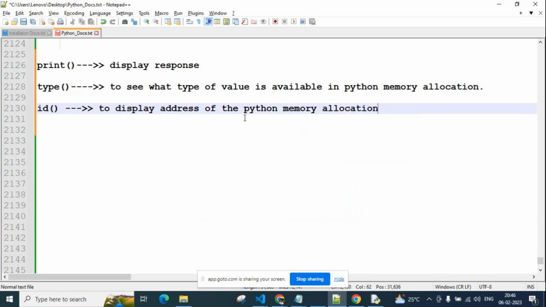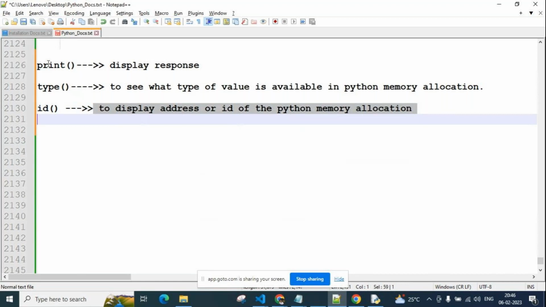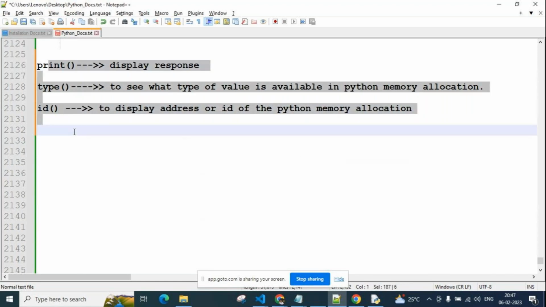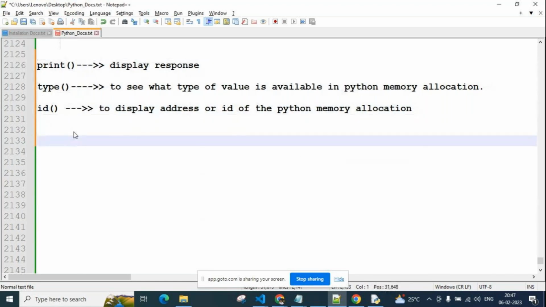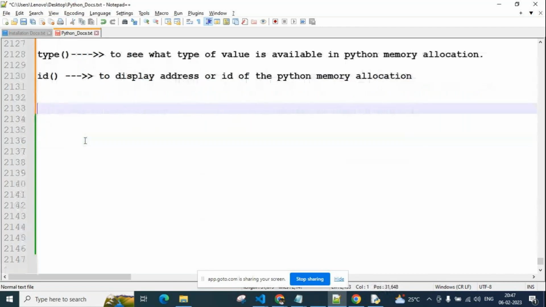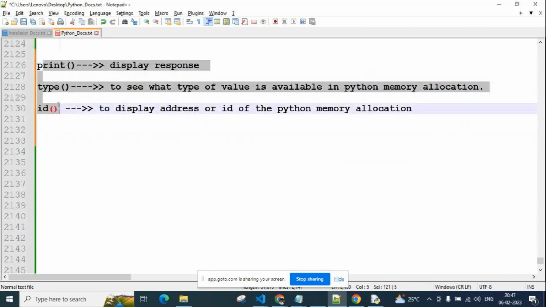So for one particular memory allocation, we can display its address or id. These three are regular functions, and many times we will use them. Slowly we will learn a lot of other things, guys.